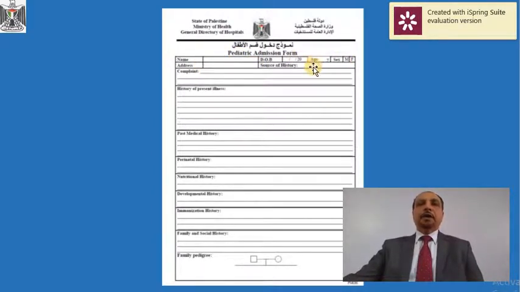All these things we talked about. The source of the history, whether cooperative or informative or not. This is the complaint, as we mentioned: we speak about the symptom and duration only. Then we start the history of present illness. Usually for a normal child we say that he was perfectly well when he started to develop so and so, and for a chronic child we say whether he has his usual condition of health,